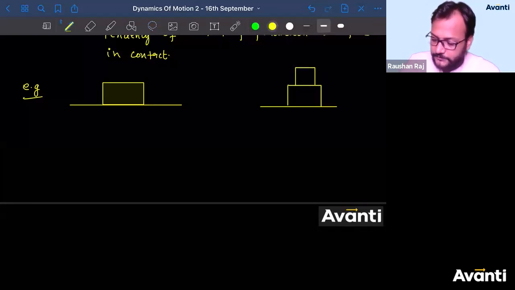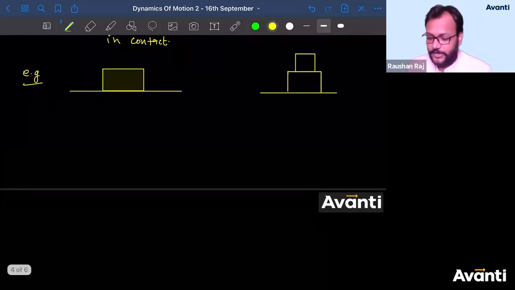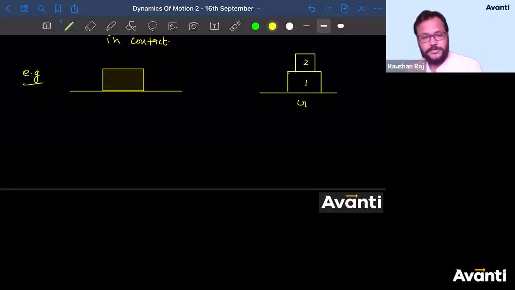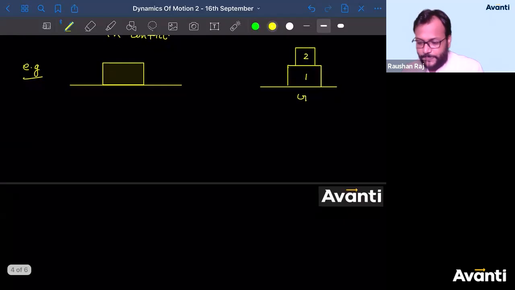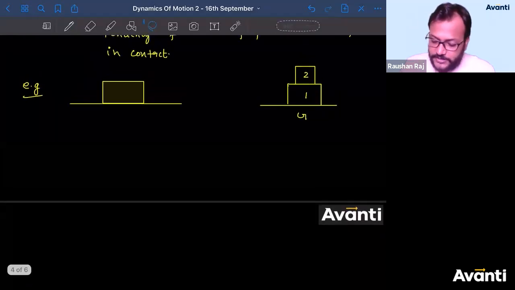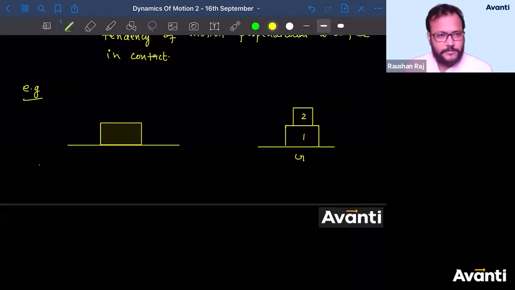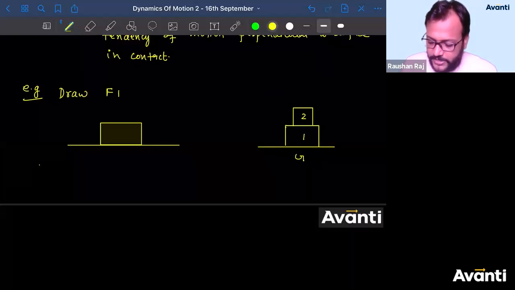So this is the condition. You can consider this as object 1, this as object 2, this as the ground. Or you can consider that on the ground, these two blocks have been kept. So the question is, draw the free body diagram, because normal forces will act and force of gravity will act. So draw the free body diagram